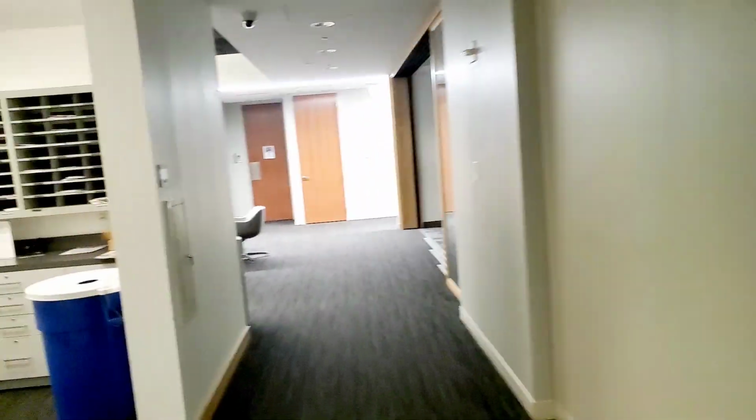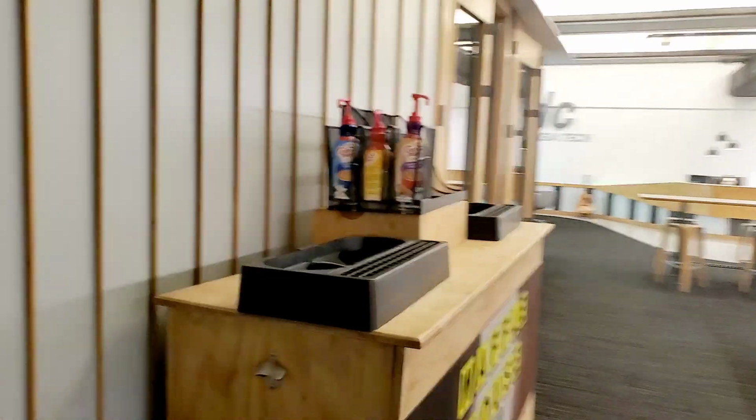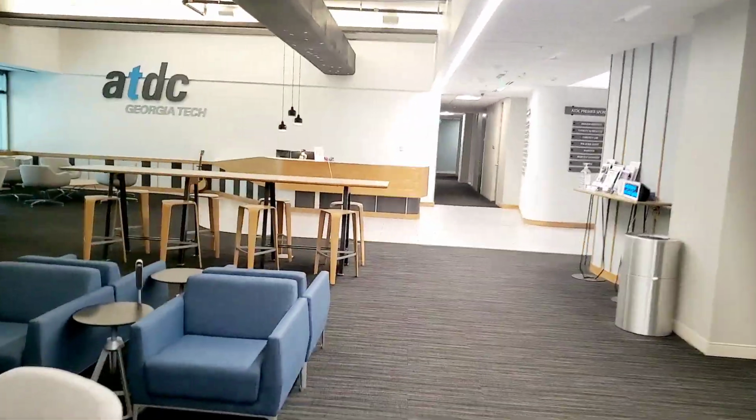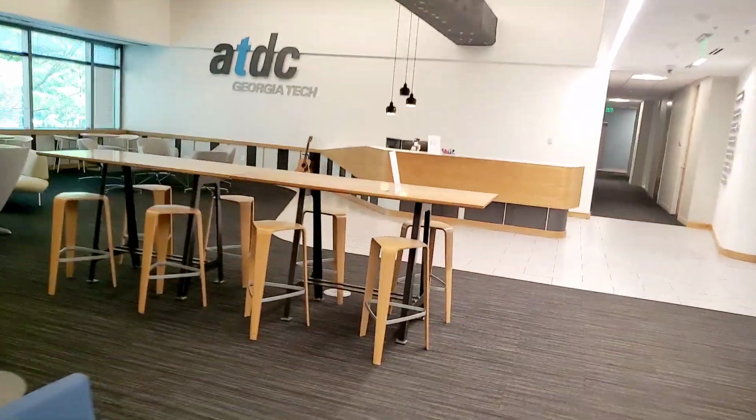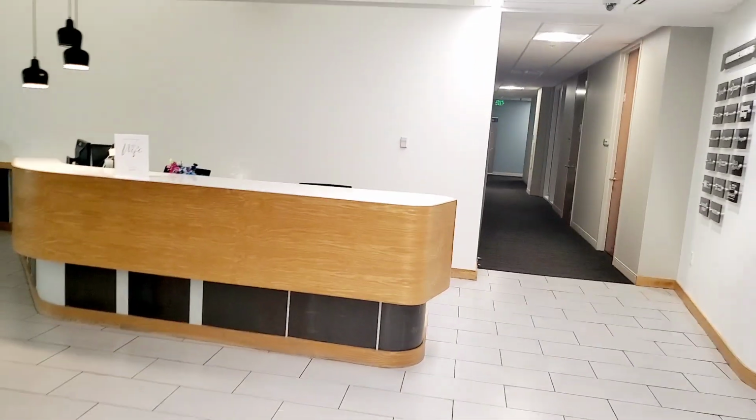You can see here there is one more company, Civilate. These guys are doing something very, very interesting. I've talked to that founder. She's a nice lady from the UK. And obviously coffee is there. There is even a fun guitar. And this is the lobby. There is a gentleman called Aubrey who is very, very nice,